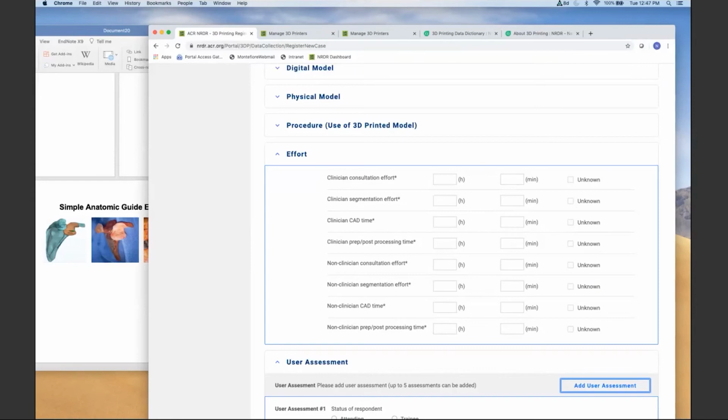Okay, here's a question that reads, can you go into greater detail around clinician consultation with some examples? Do you count reviewing with the patient? I presume this is separate from segmentation Q&A. That's a very good question, and I think this relates to this effort panel that you have expanded right here,